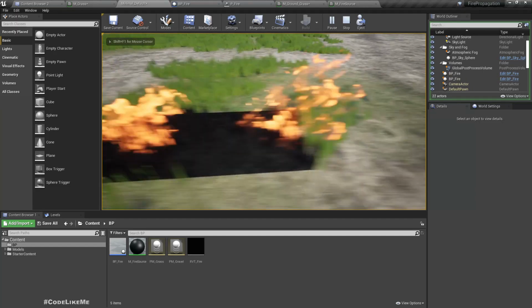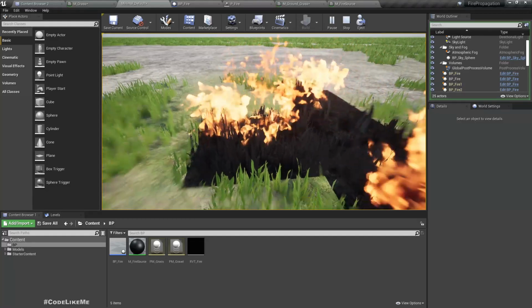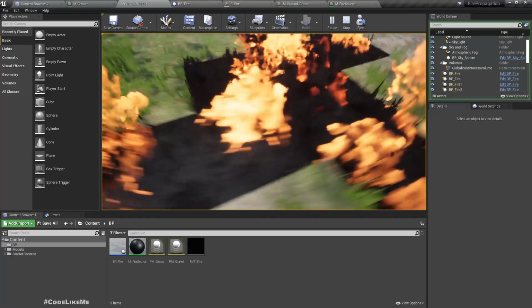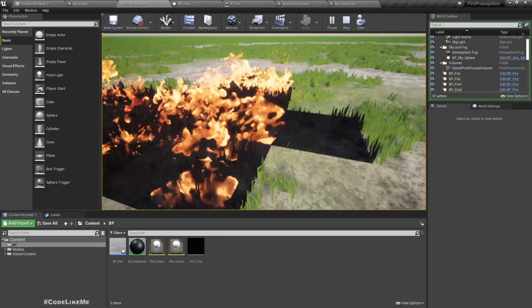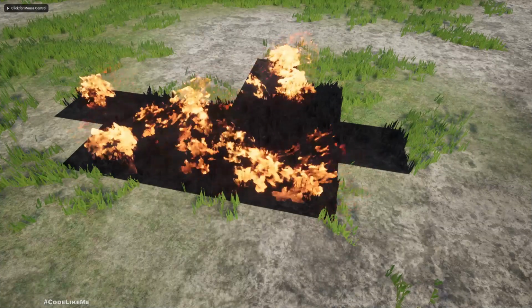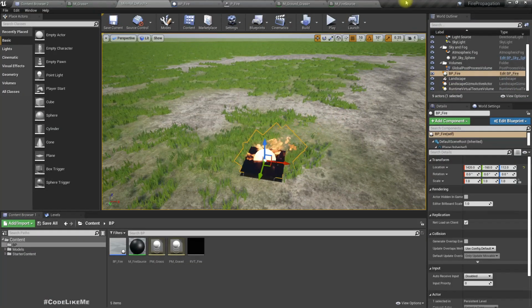So as you can see, this grass becomes black, grass also becomes black, but since we get these square shapes, that doesn't actually look very good. So instead of that, let's try to get some more organic shape, something like, let's see,